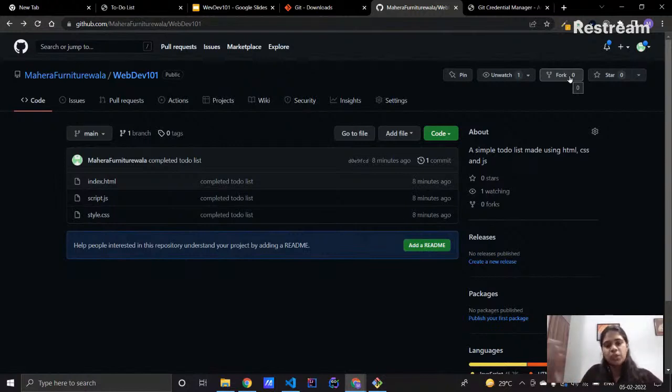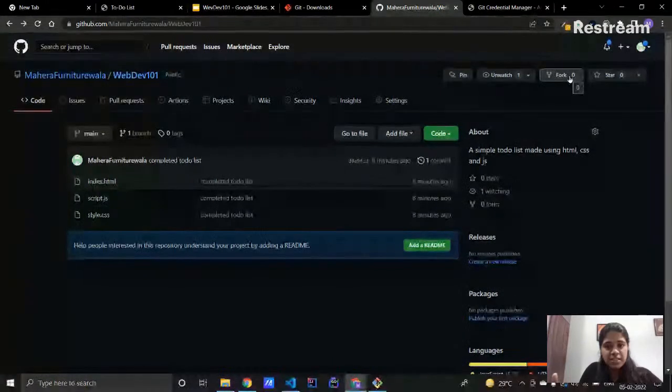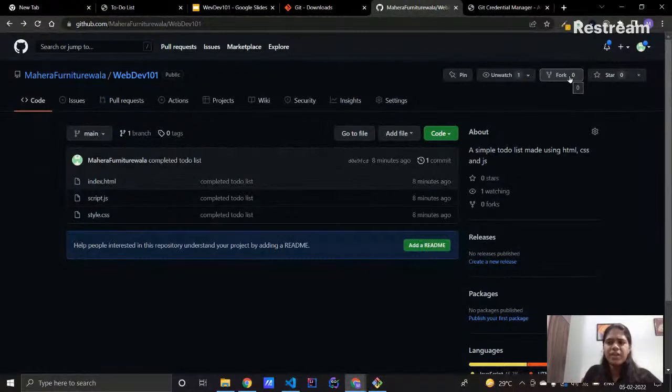He can clone it first, and as I said, there could be some issues when you're directly committing to the main branch, so he can make a separate branch, and he can start working out there and adding whatever features it is. Once he feels that everything he could have added is done, he can open a pull request, and then I can have a look at it and merge it. So that's the dynamic of forking, cloning, adding a branch, making a pull request, merging a pull request,